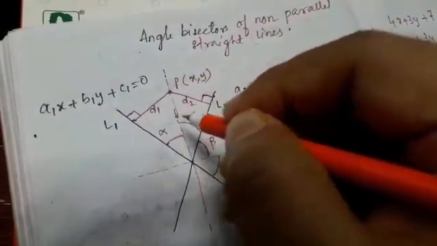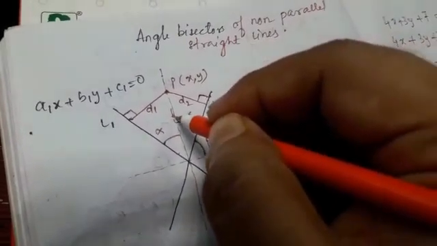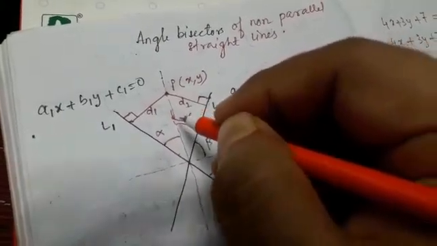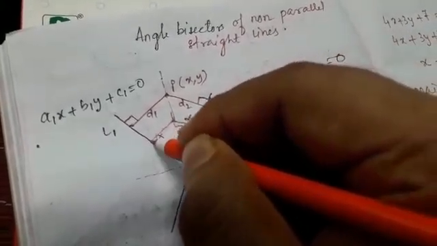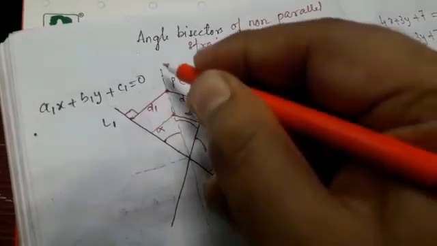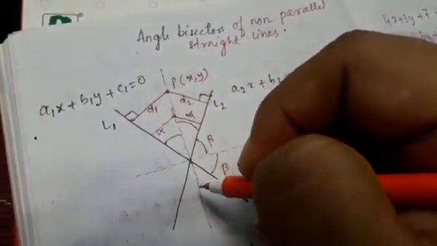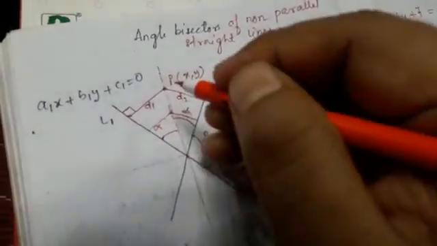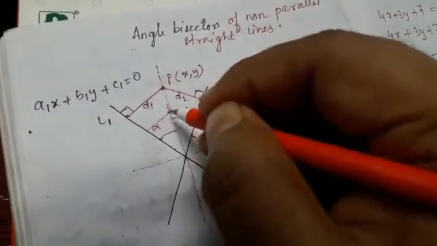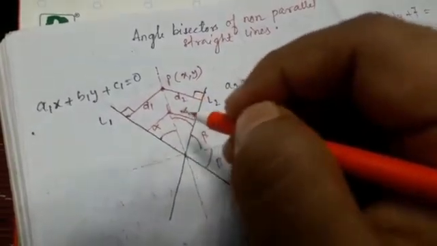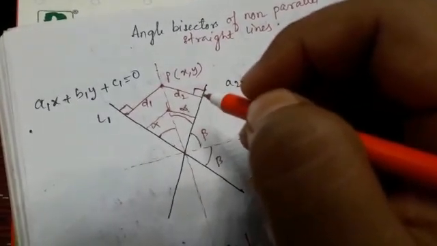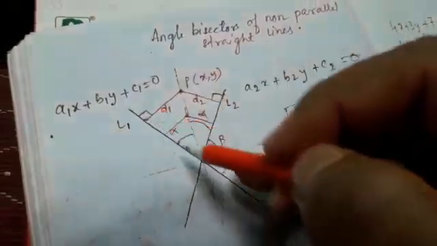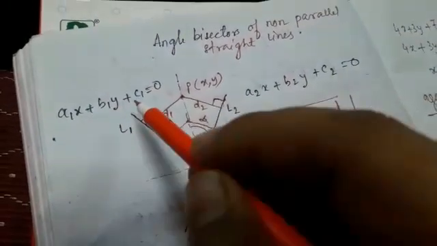Suppose you consider a point here. From this point, the perpendicular distance to this line should be equal to the perpendicular distance to this line. So all the points which are lying on this bisector, that is the locus of all the points where the perpendicular distances from the lines are equal, that is the bisector. Fine. So now see, if you consider this line as L1,